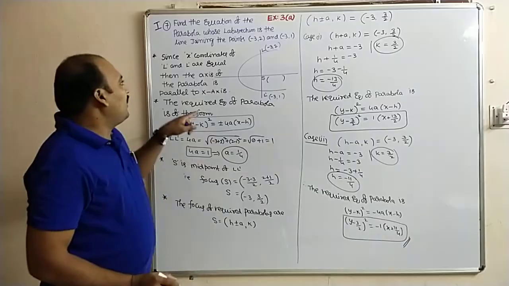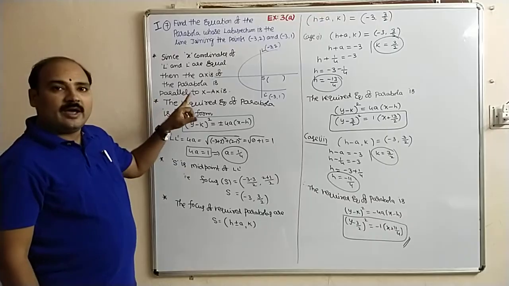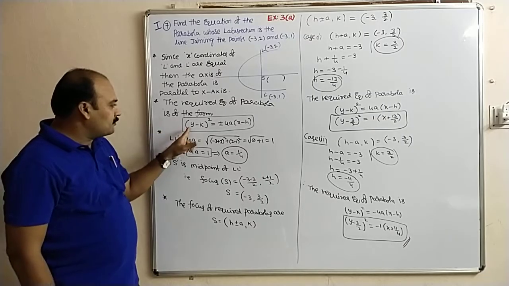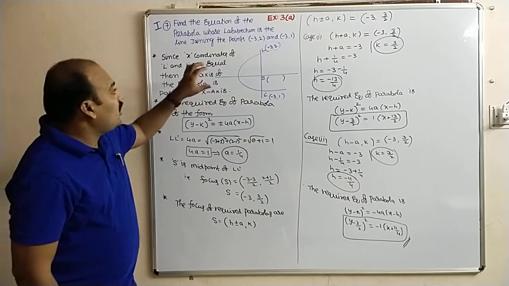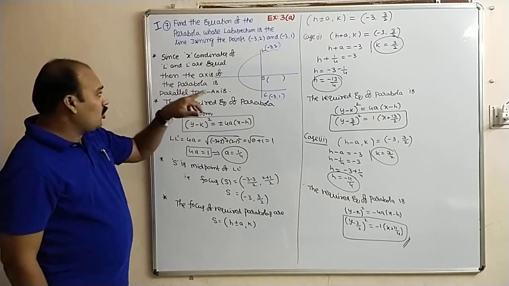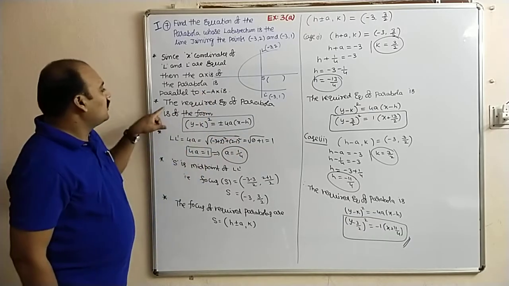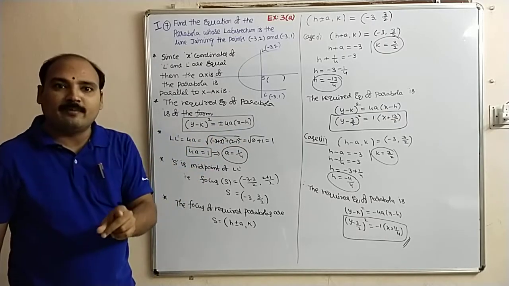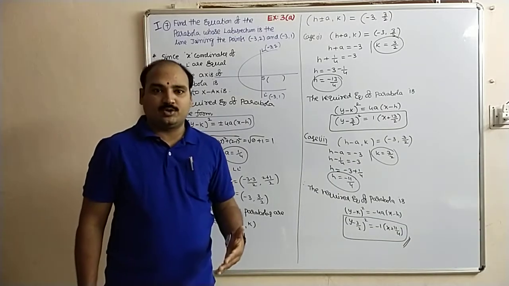See once, whenever x coordinates of L dash are equal, the axis of the parabola is parallel to x axis. The required equation of parabola will become y minus k whole square equal to plus or minus 4a into x minus h. Suppose if the y coordinates are equal in these two ends of the latus rectum, that time y coordinates are equal means the axis of the parabola is parallel to y axis. The required equation of parabola is in the form of x minus h whole square equal to plus or minus 4a into y minus k. You have to remember the type of problems we will expect in the competitive exams. We will go to the next question.